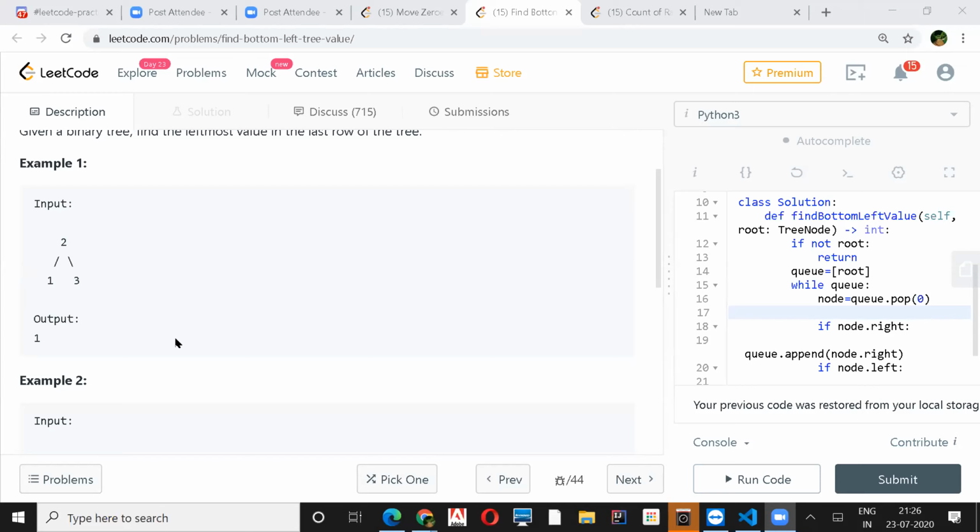We can take one map of int, and we can traverse in an in-order way. We will increment the level, and if for that level we have already stored the information, then we will not overwrite it, and we will keep the previous one, because for the first node we will encounter the leftmost only if we go with the in-order way.